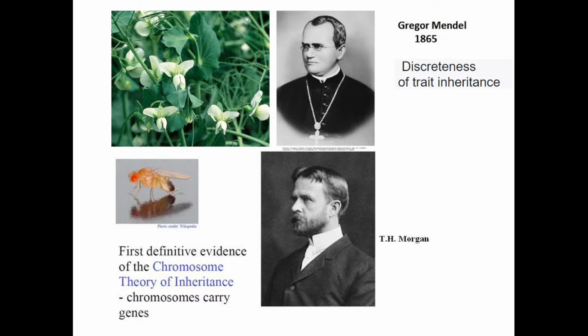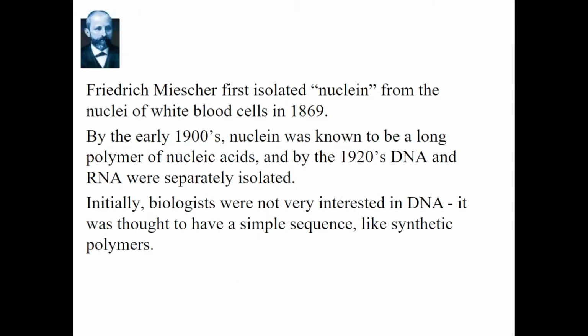Chromosome theory of inheritance. He was not only a biologist but also a very effective morphologist. He could describe chromosomes. And chromosomes and their association with nucleic acids were first discovered by Friedrich Miescher, who isolated nuclein